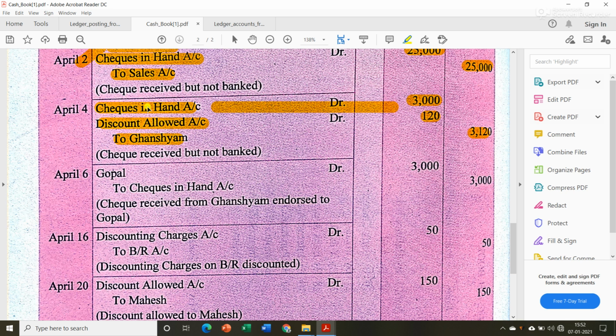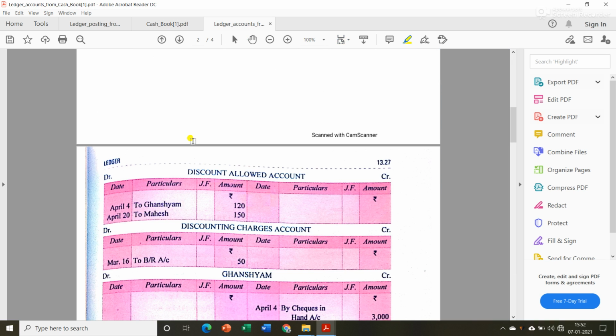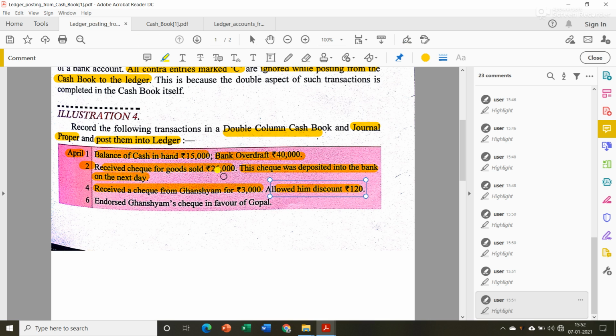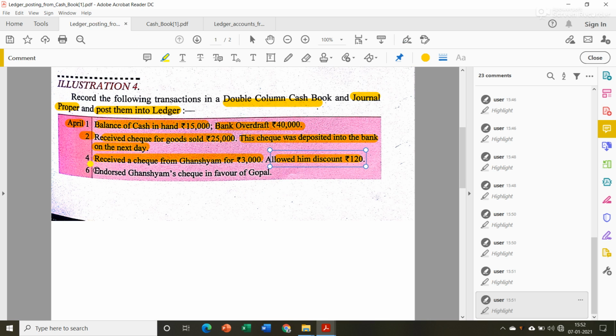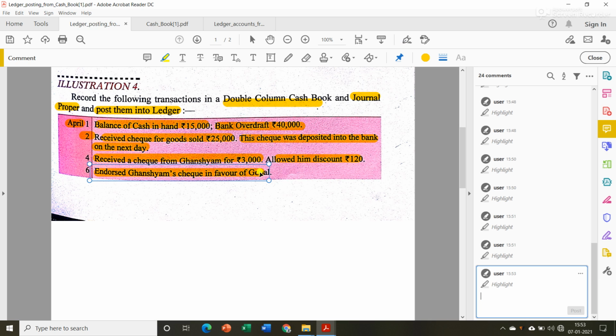So after finishing checks in hand account, the next account is discount allowed. So in the ledger we will prepare the discount allowed account, and on the debit side we will write to Ghansham 120 for discount. Okay, finish. Then on April 6th, that check that we received from Ghansham we endorsed, means we gave it to